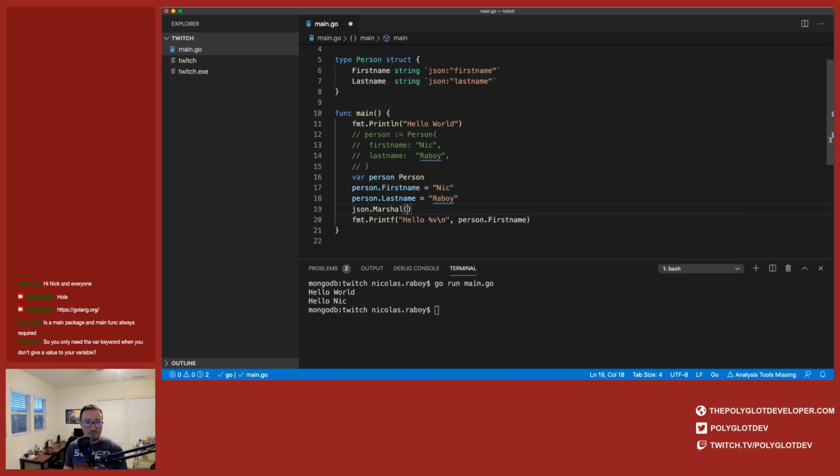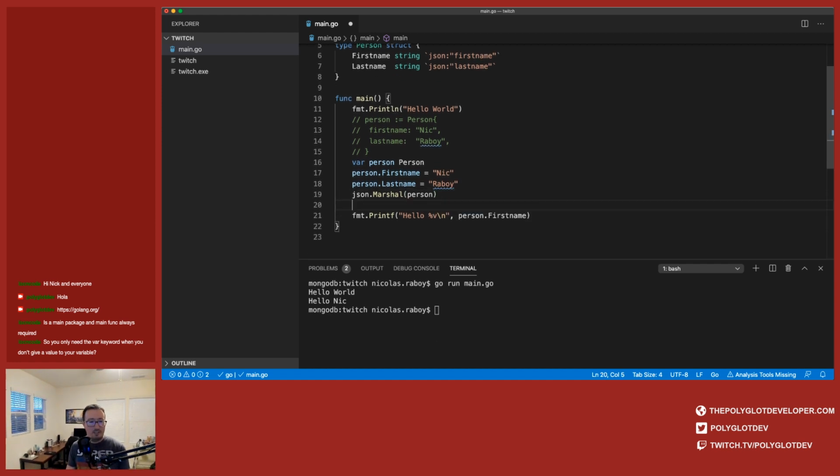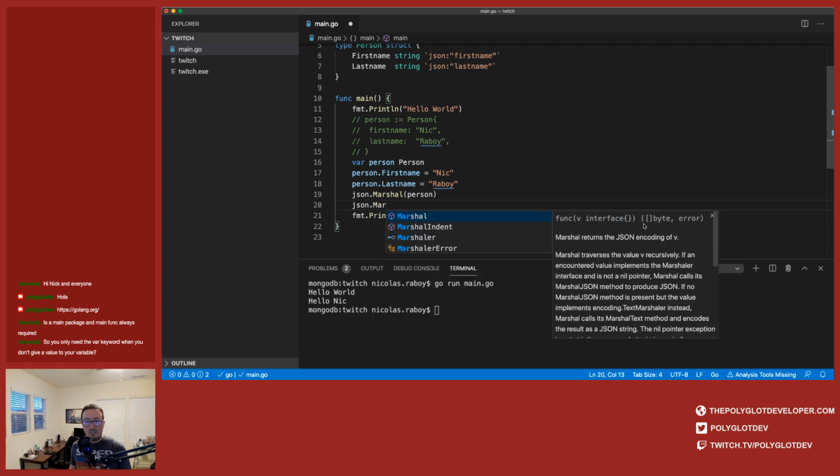So let's go ahead and take a look. Person is what we're using. And if I go back, I'll say json.Marshal, just to show you the rest of it, you'll notice something interesting here. In Go, and I don't know how many languages do this, but Go is the first time I've been exposed to it, you can have multiple return types for your functions. It doesn't need to just return one return type. In this case, the json.Marshal function returns a byte slice and an error. It doesn't mean that they both need to be set, but you could potentially have both of them coming back. So let's take a look at that.